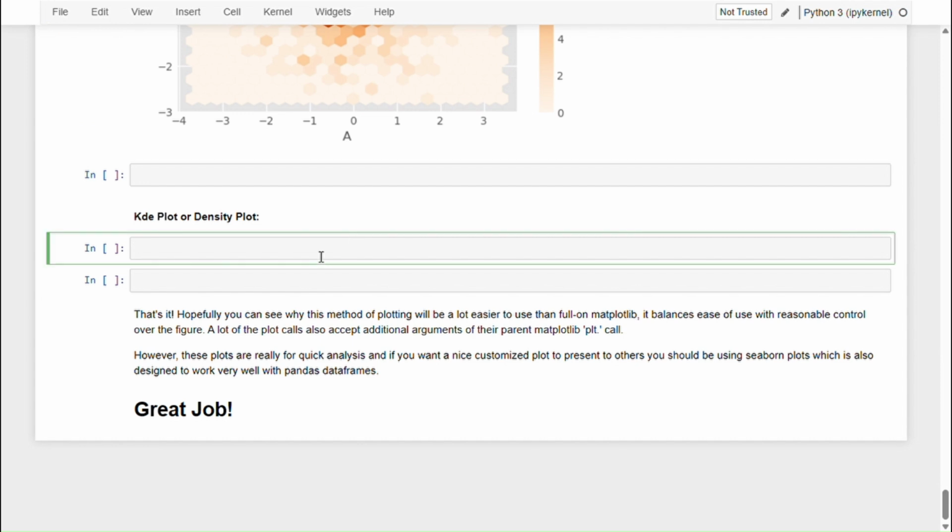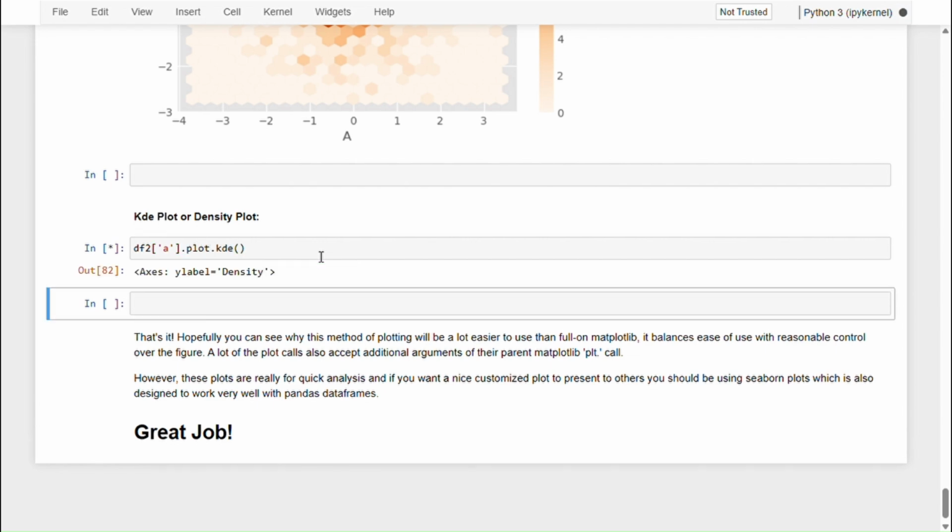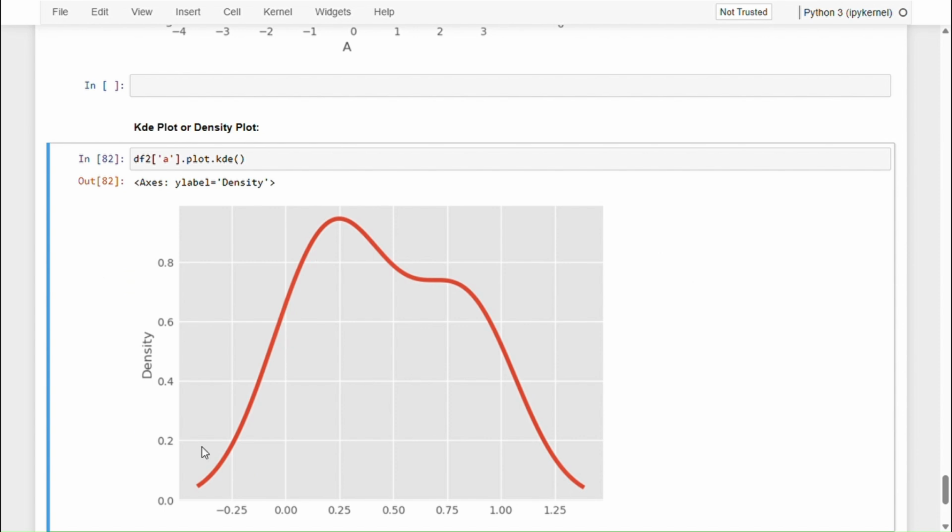Now next, let's say we want to see the KDE plot. So for this df2 data frame for a column, we can directly use plot.kde, and for this one line it will plot the KDE plot. Let's say you didn't want the histogram, you just wanted to see the KDE plot. You can use this command here,